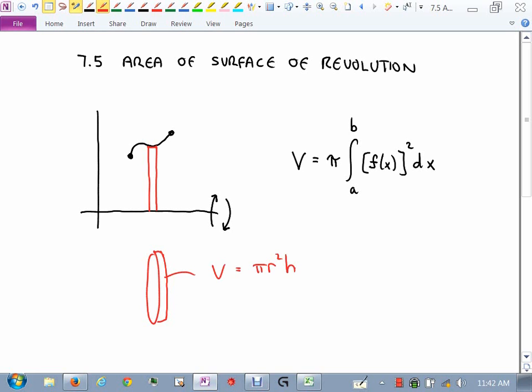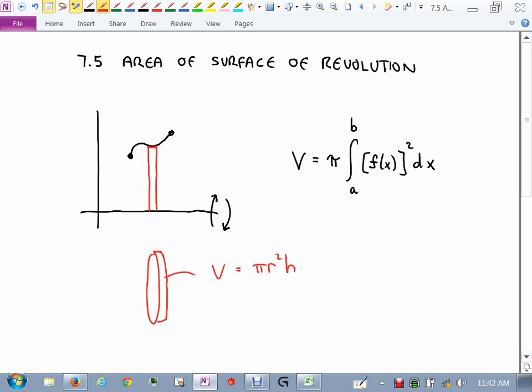For us, the h was what? This right here, was dx. The radius was the function's height, right? This height. And then pi came out. So that's where that formula came from, right? Remember that? Okay, now what we want to do is imagine revolving that thing around the x-axis